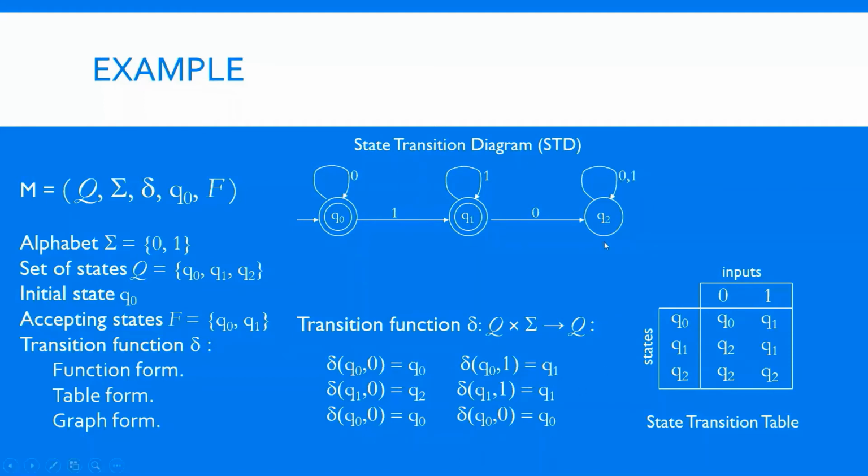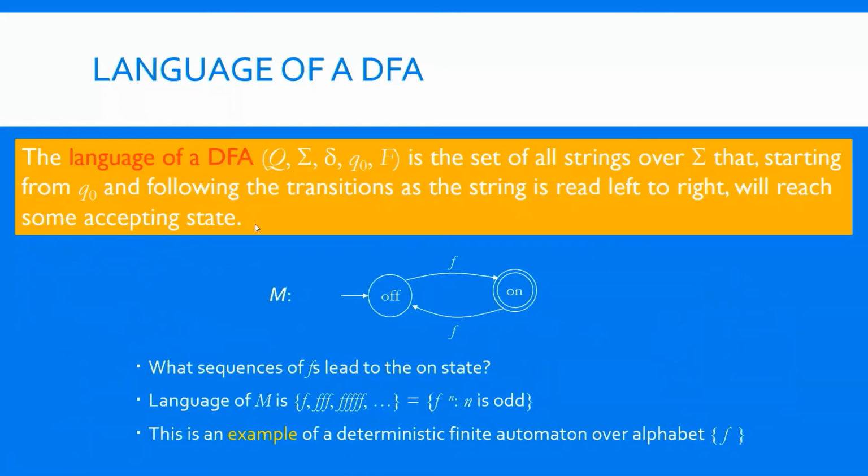So this is only the machine we have constructed. But the next question is, what will the machine do? What is the objective of this machine? The machine will solve some problem. In this case, the machine will accept the encoding of the problem, and that we call the language. So what is the language of this machine? You can write this down. This is one example, and whatever definition we have given, I am writing it once again.